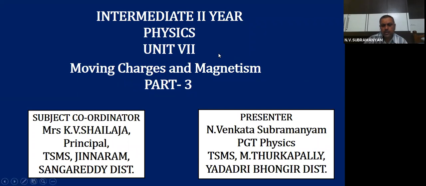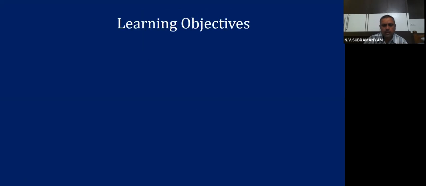Today we are going to see the magnetic field calculation for solenoid and toroid. These two are special types of coils. We will be using them in our applications in our daily life. Let us see where we are using them and how to calculate the magnetic field for these particular solenoid and toroid cases.